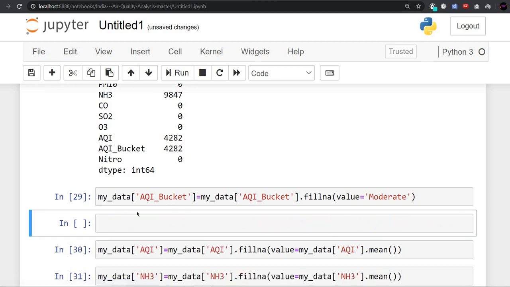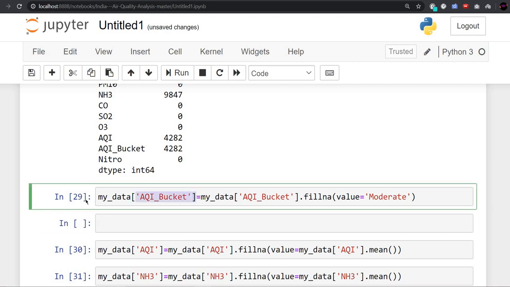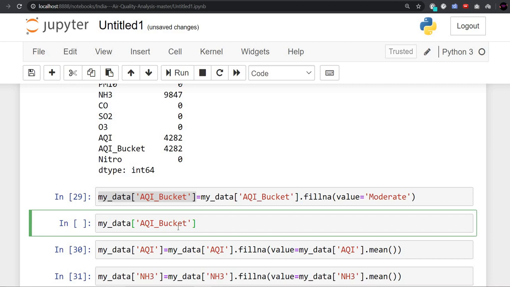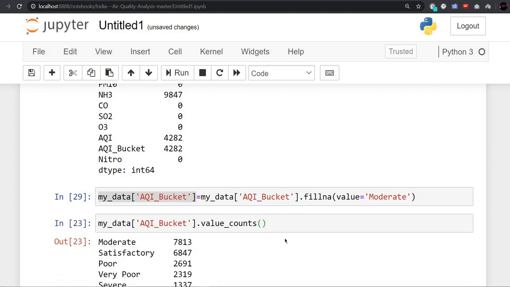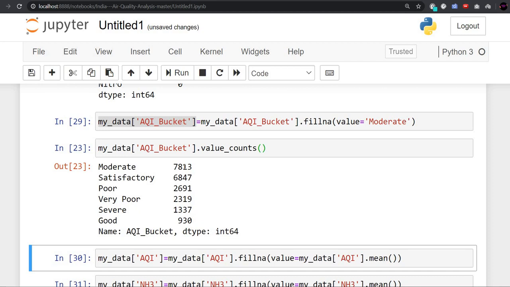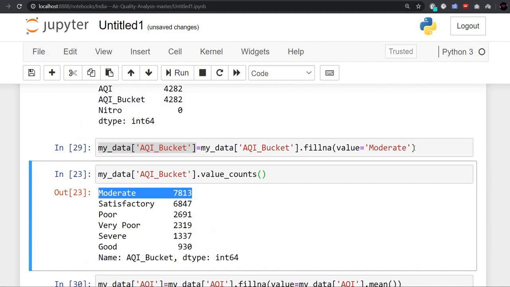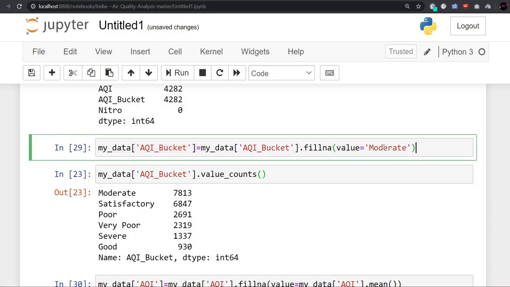So if we use the value_counts method on the bucket column, you can see that Moderate is coming most of the time. So we will fill it with the value Moderate. Here you can see that we are filling it with the value Moderate.